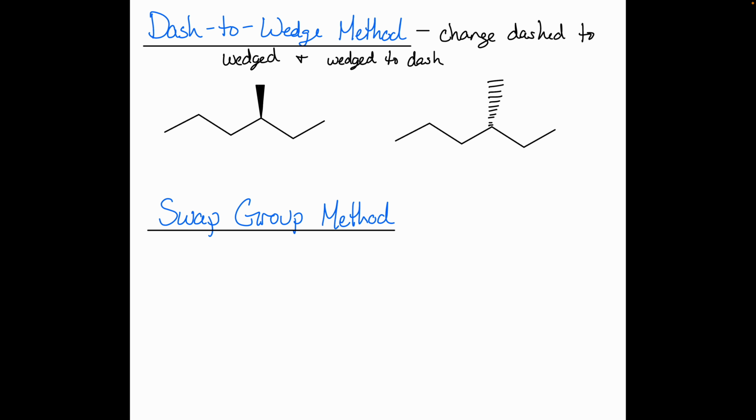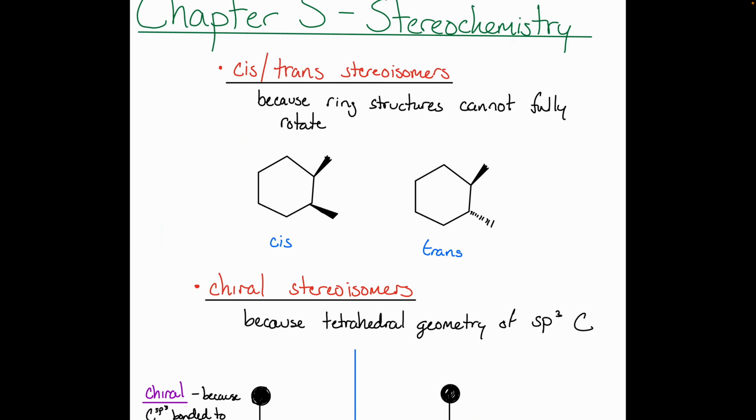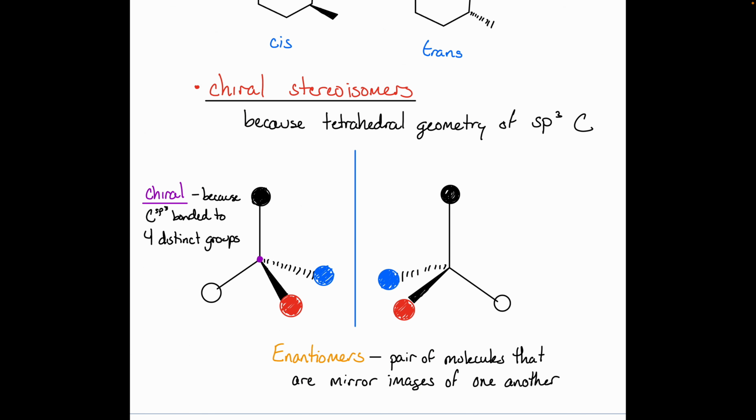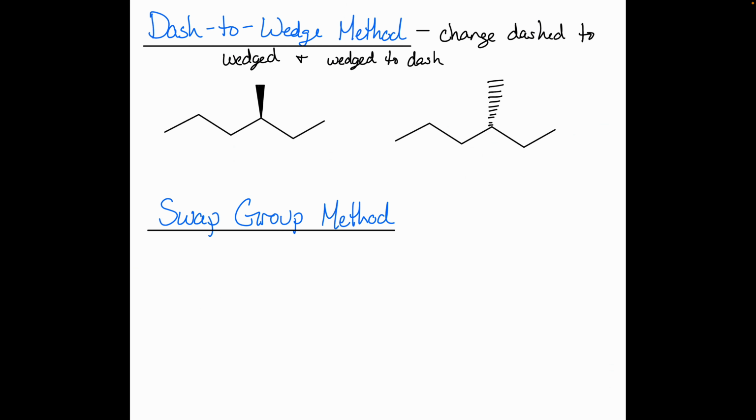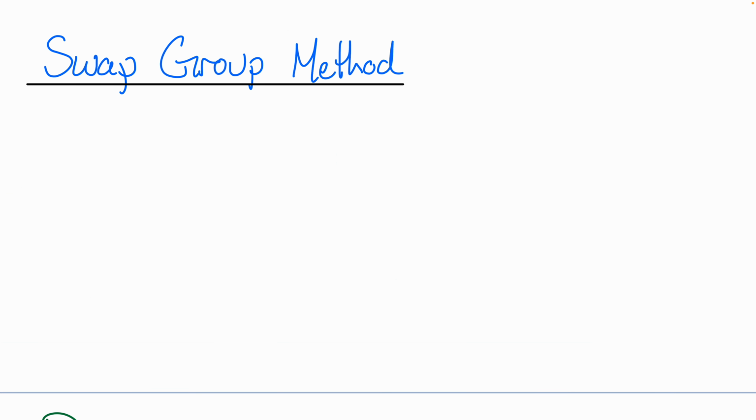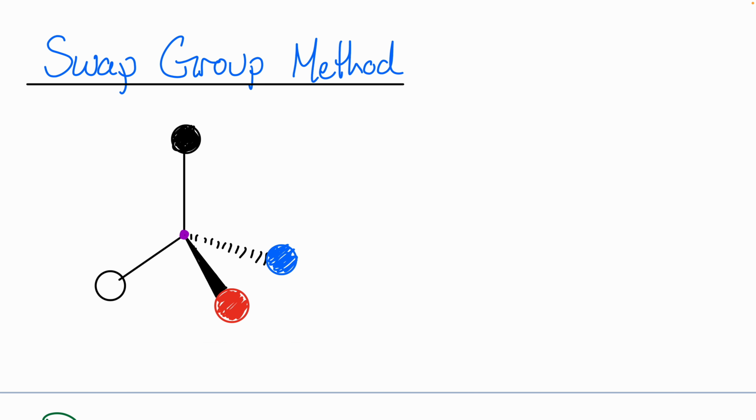All right, our swap group method helps when we have a tetrahedral type structure. The other two are more helpful for bond line structures. If we're actually looking at that tetrahedral stereocenter there and we want to draw the enantiomer of this molecule, we could use that mirror image method. That's what we did before. But let's also kind of just note here